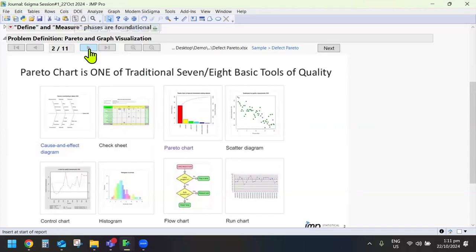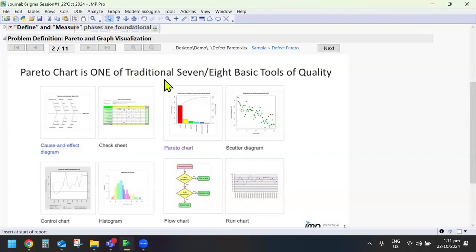If you attend some Six Sigma or quality-related training, you may happen to know all of those. Why do I say it is traditional? Because some of this is a little bit outdated, especially in high-tech companies. Let's say a check sheet. We are no longer using handwriting to key in this, but it is still valid in some companies which are not that high tech, right? That's why I say it's the traditional 7 or 8 basic tools of quality.